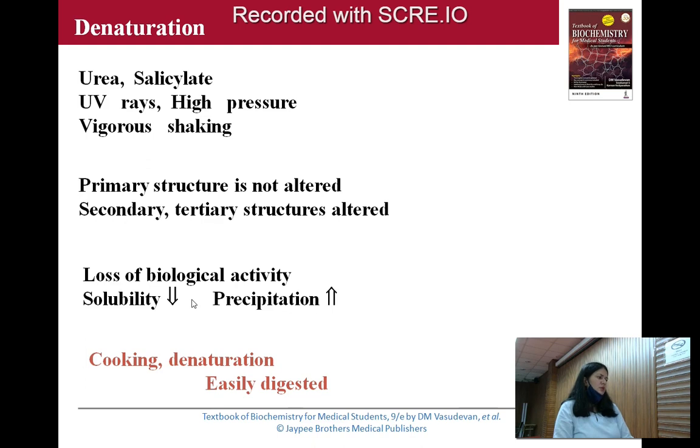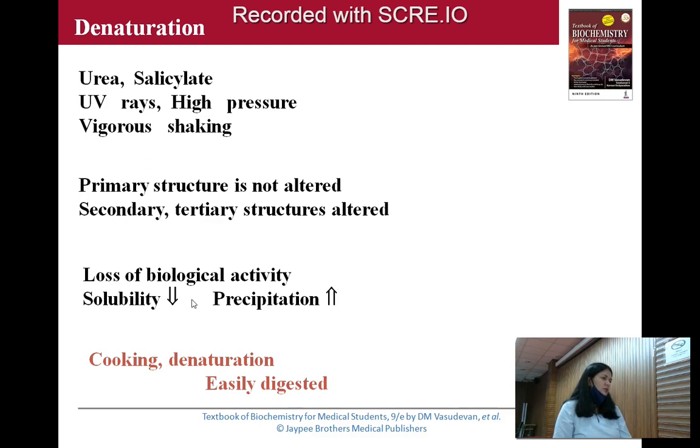Have you done heat coagulation test in practical? Yes, ma'am. So in a heat coagulation test, you fill up 3/4 of the test tube with a urine sample or with the protein sample, and you heat only the upper 1/3. And then after some time, what will you see? You will see a white precipitate, yes or no? If you go on heating, the protein will form a coagulum, isn't it? So remember, coagulum is an example of irreversible denaturation.